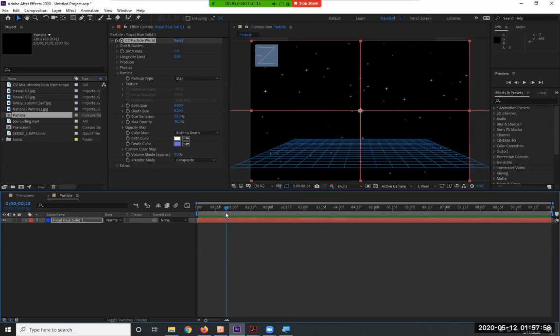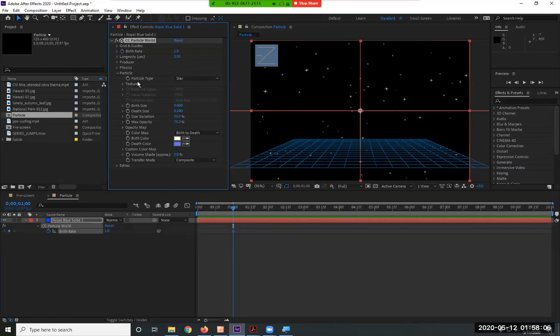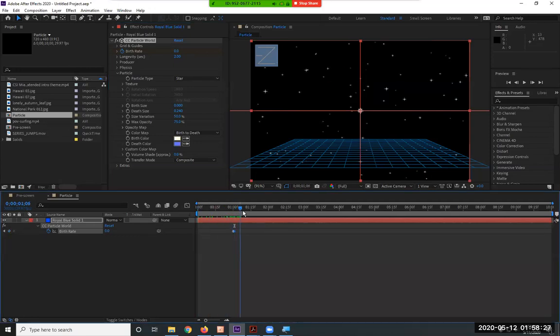So, for me to stop the stars from being made, I would need to keyframe the birth rate. I hit the letter U on my keyboard so I can see the keyframe I just made. I can go page up, page down, and set the birth rate to 0. In one frame's time, it makes this many stars, because they all get put on the screen, and then all of a sudden,